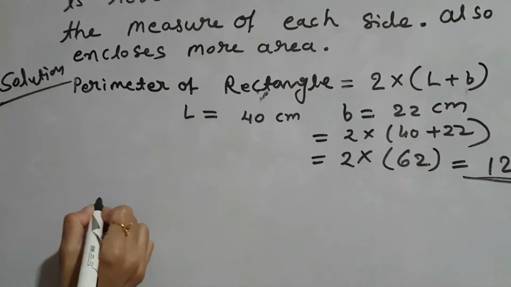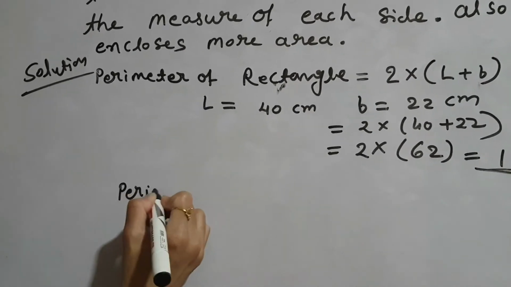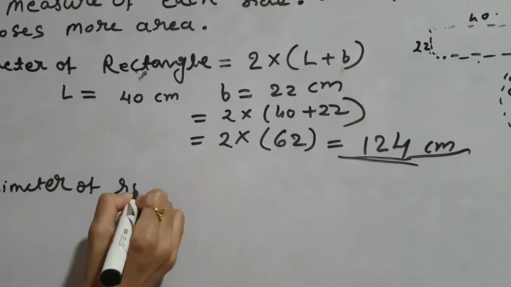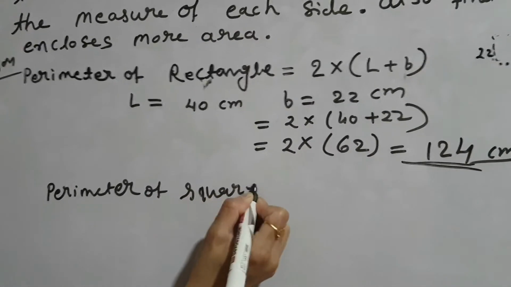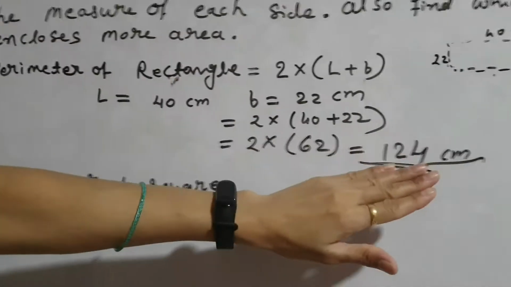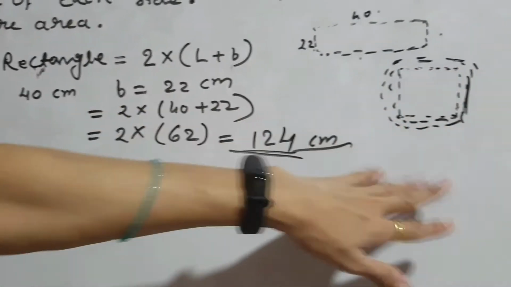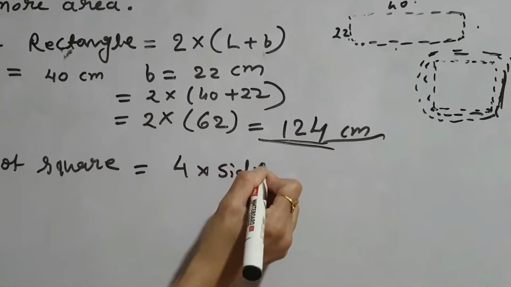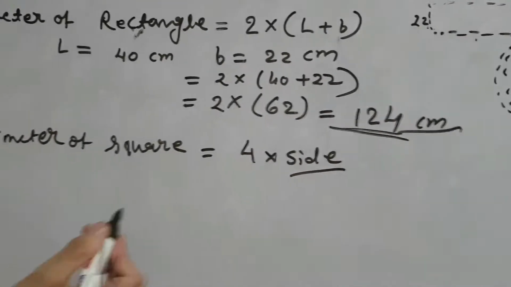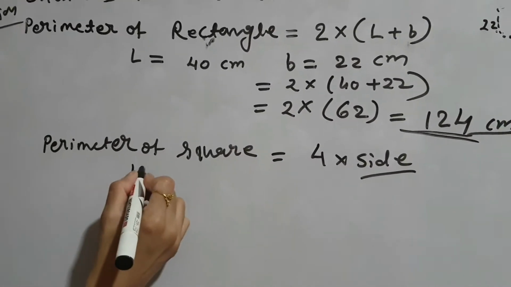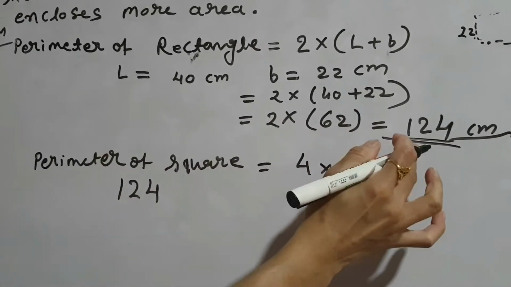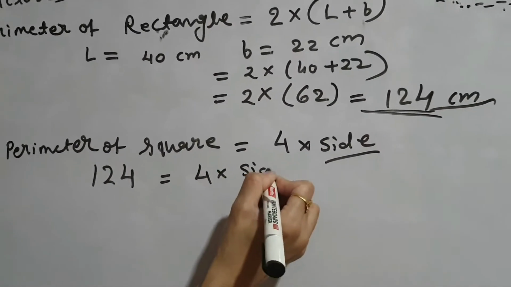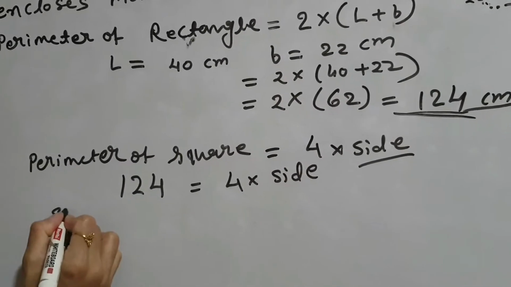Side equals perimeter of square. We have to cover this complete length in a square. So perimeter is 4 multiplied by side. Now side has to be found. The perimeter of the square has been found: 124 equals 4 multiplied by side. So side equals